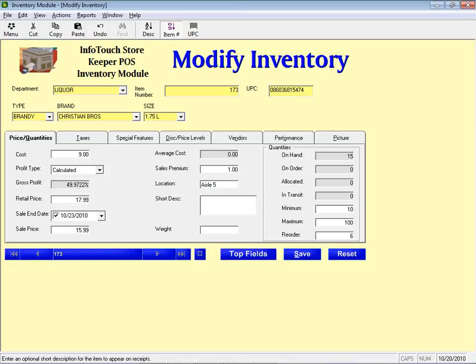Short description is used for printing less than the full description on receipts. This would be done using the invoice formatter. By default, we are going to print, when we sell one of these, liquor, brandy, Christian Brothers, 1.75 liters, which is a full 40 characters, by the way, and takes up a line on its own. Some people don't want to bother with all of that stuff. So what we can do here, for example,